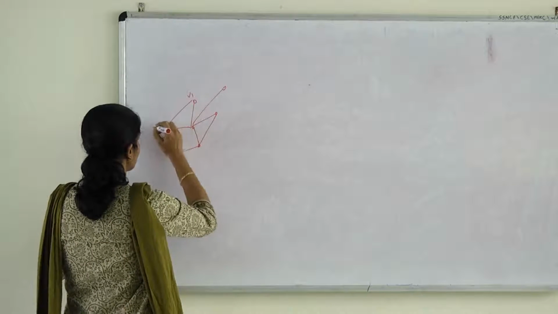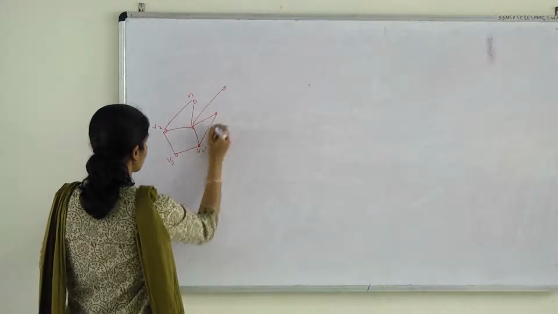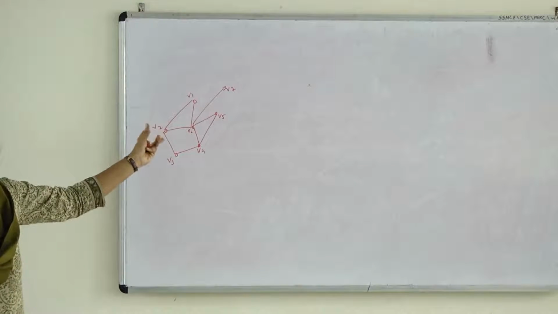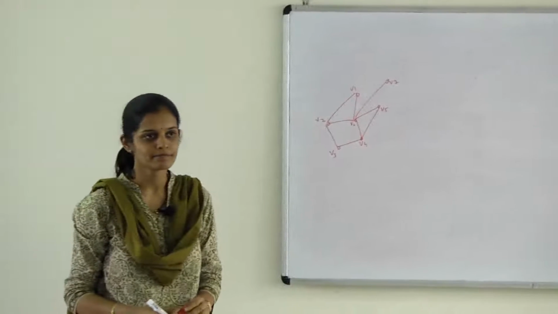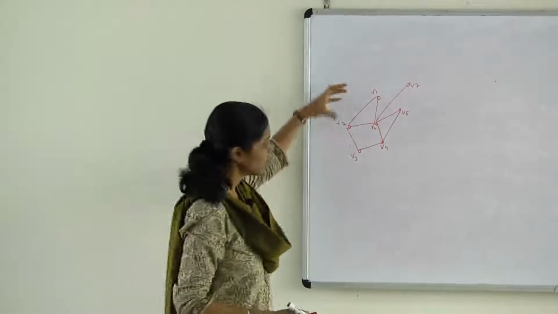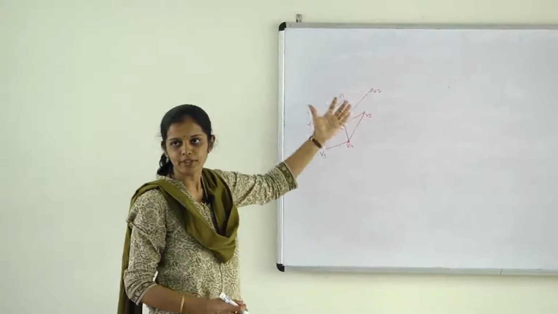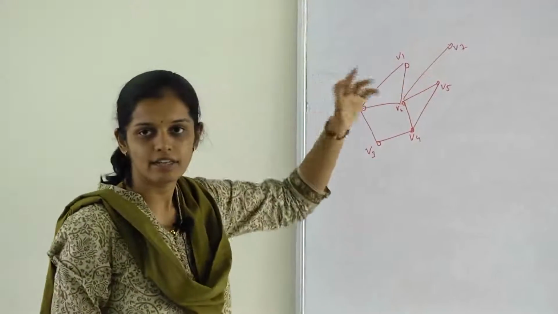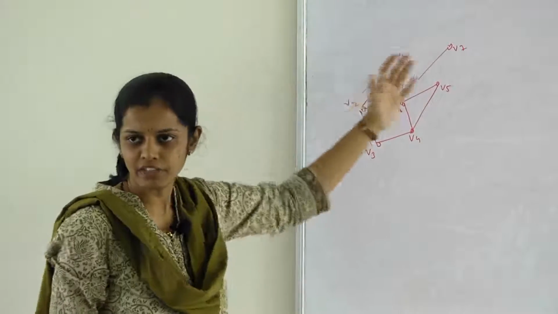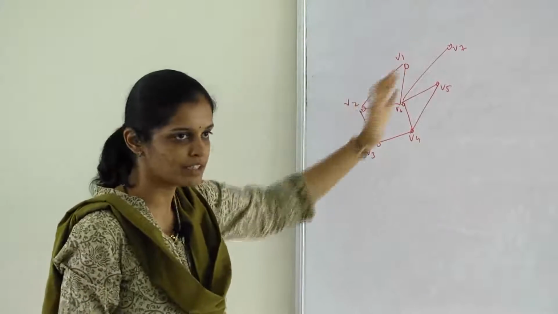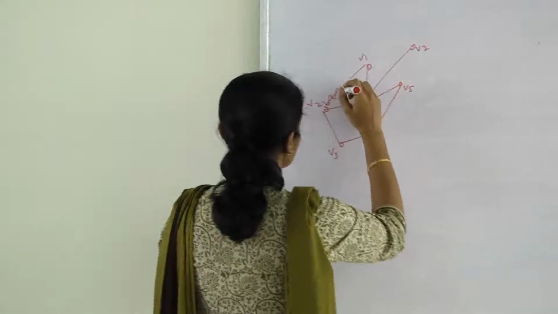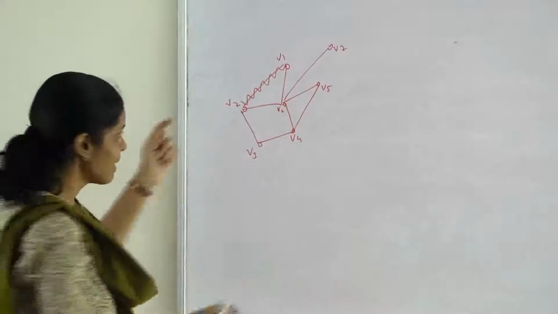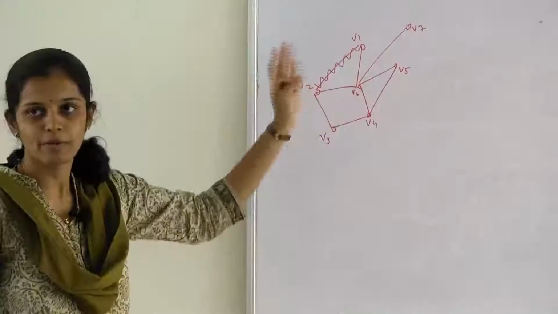Maybe let me name this V1, V2, V3, V4, V5, V6, V7. Certainly this is not the graph that we drew. Okay, so tell me any augmenting path. V1, V2. In fact, every edge itself is an augmenting path, because it is a simple path in the graph having both its endpoints free, because all vertices are marked as free to begin with. As soon as you make V1, V2 an augmenting path and augment along it, you have restricted the augmenting paths which are going to be either, say, V6, go back to V6 of course.